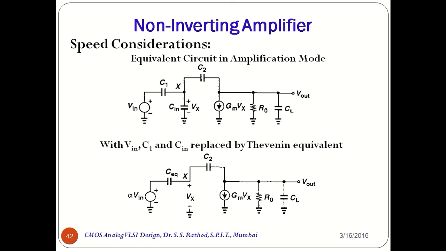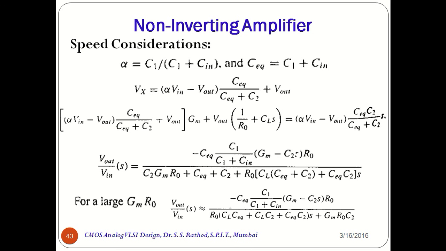Now let us identify the speed considerations. So this is the equivalent circuit in the amplification mode for the non-inverting amplifier. Here Vin, C1 and Cin are shown. Now we derive the equation for the transfer function for this network using the earlier method,